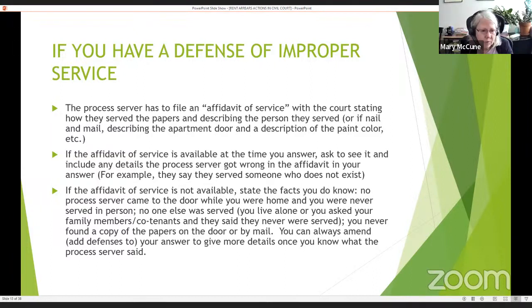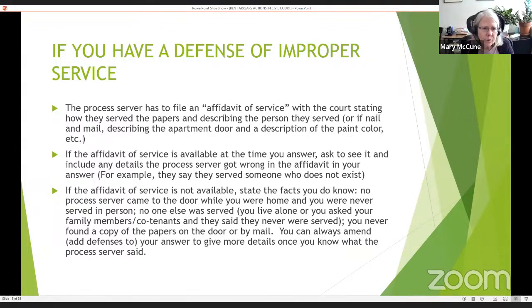If you weren't served in person, you may know that no one else could have been served, like if you live alone and there was no one else to take papers on your behalf, or you never found a copy pasted on your door. If you find out more later, you can always add more stuff. You have a right to amend your answer for a period of time after you file it, and after that time elapses, you can also just ask the court's permission, and they're supposed to freely grant it. So don't worry about it too much, but the